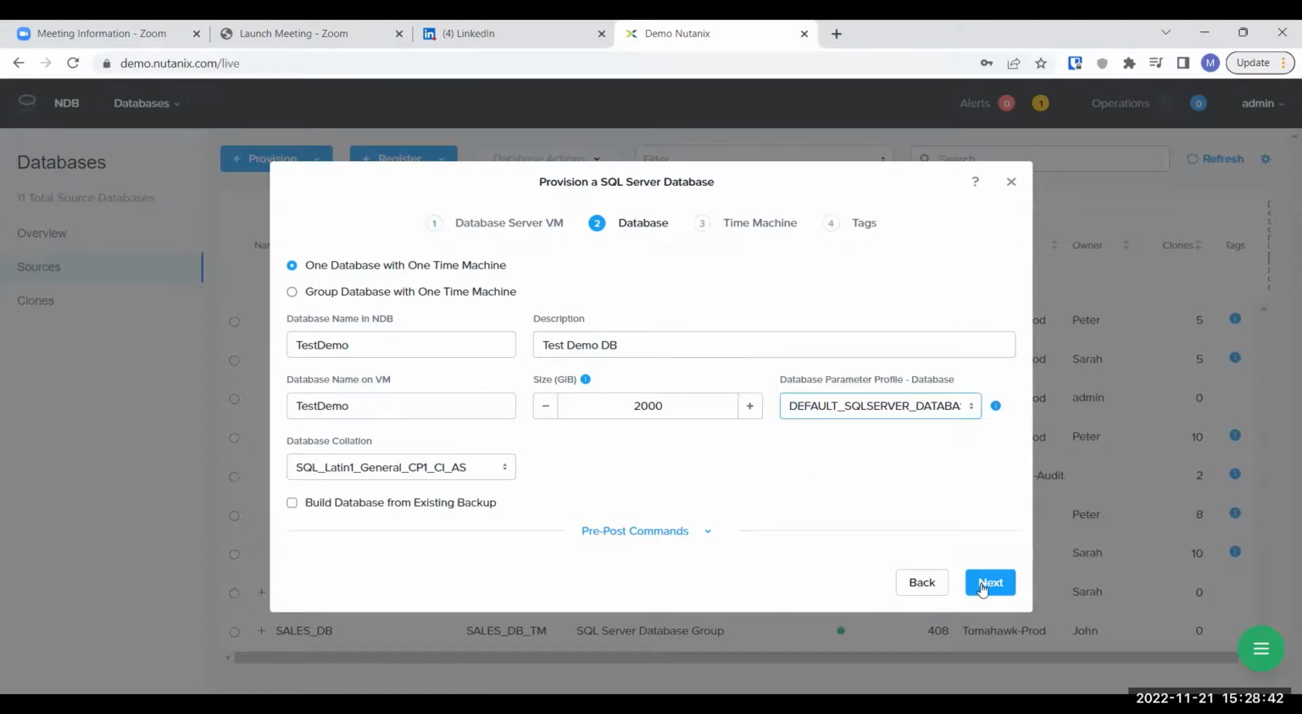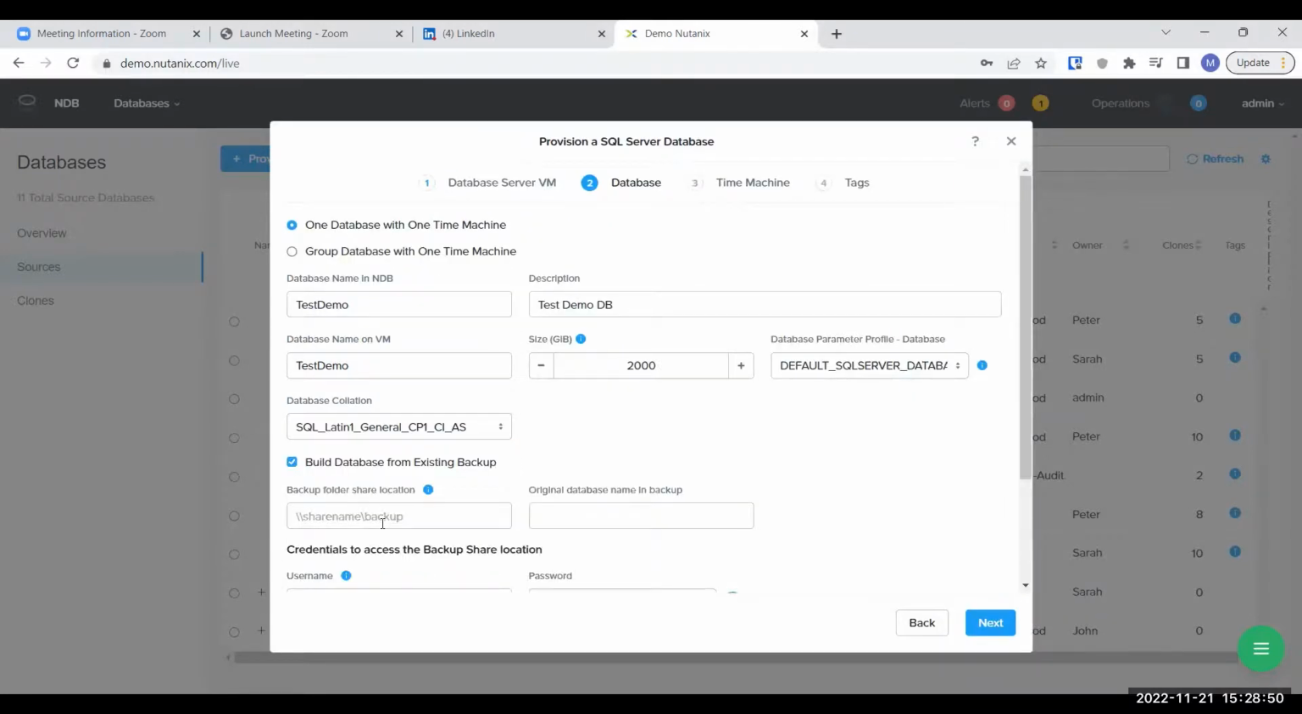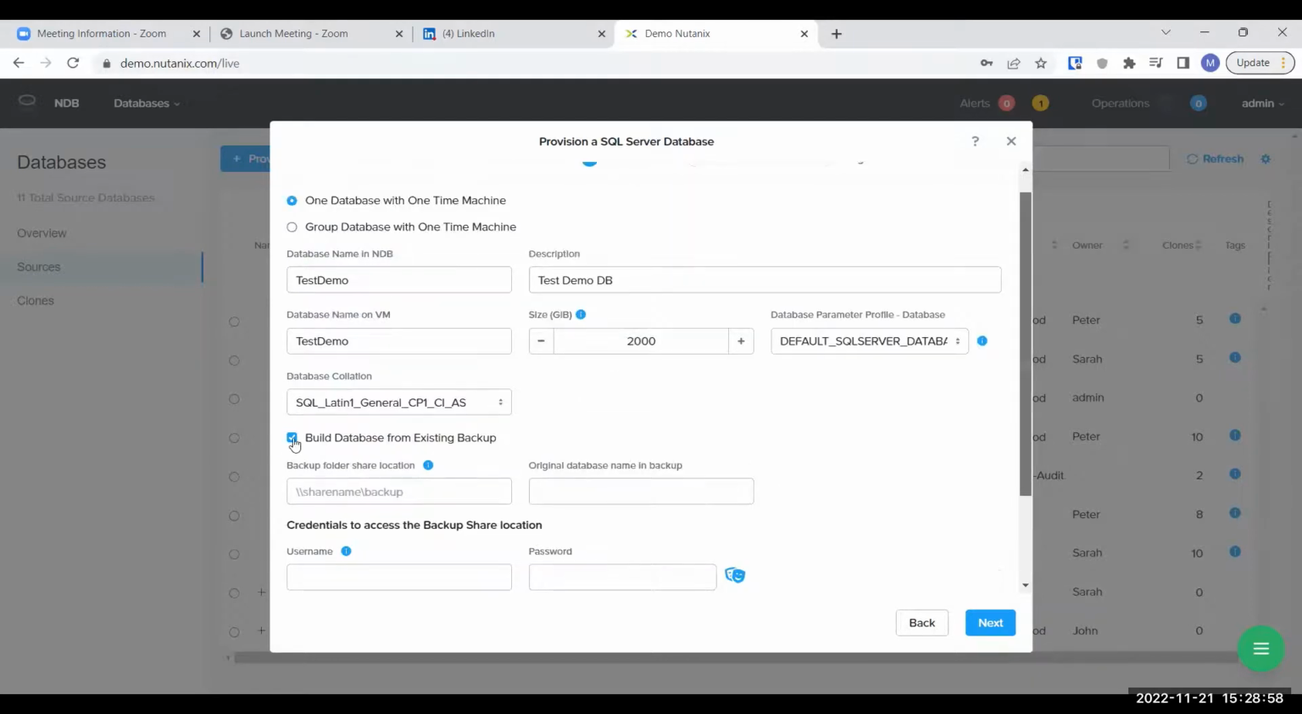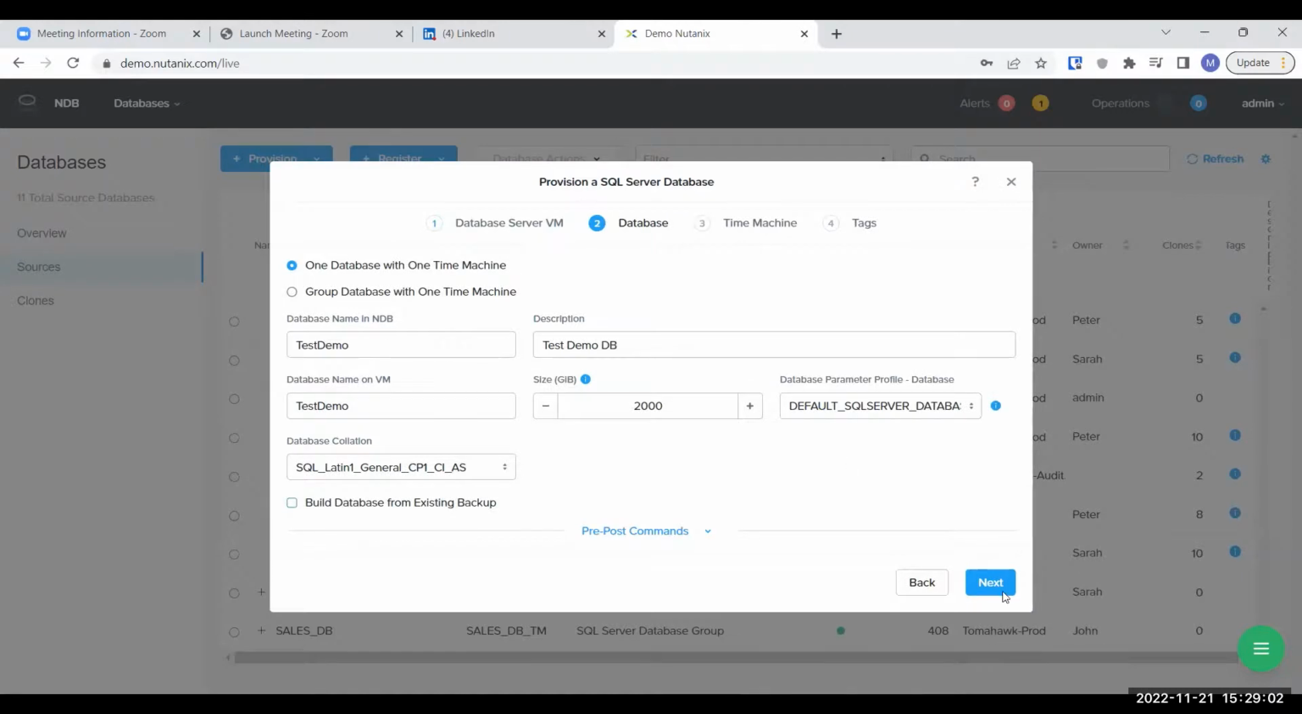If you have an existing database backup, you can also use it to build the database. You have to specify the backup share location, and give the backup share username and password for accessing it. So next,